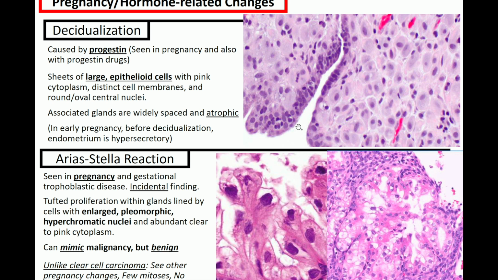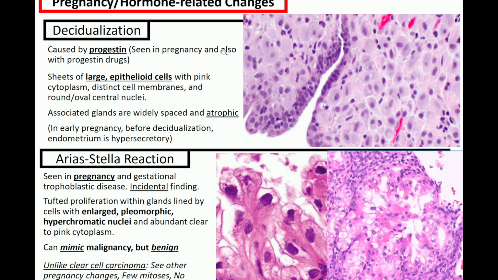All right, so some pregnancy and hormone related changes that you can see. You can have decidualization, which is what we see here on the right, this kind of pale, enlarged cytoplasm, a different look to the cells. And decidualization is caused by progestin. It's seen in pregnancy, and also if the patient is on progestin-containing drugs like oral contraceptives or other